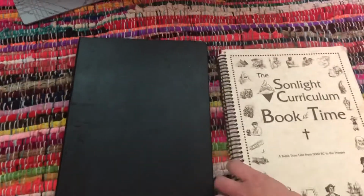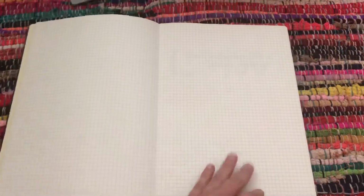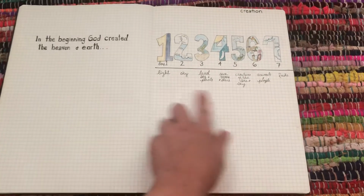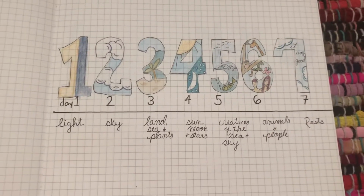I think it's 8.5 by 11, and it's a hard cover, and it's one of the Moleskine books. I don't think it says which one it is, but it's all grid on the inside. And so I have gone through, I started with the 7 Days of Creation, and my book has a lot more drawings in it. And so I have drawn that, and then